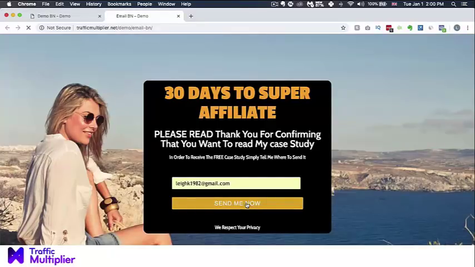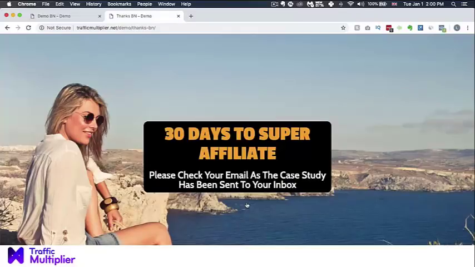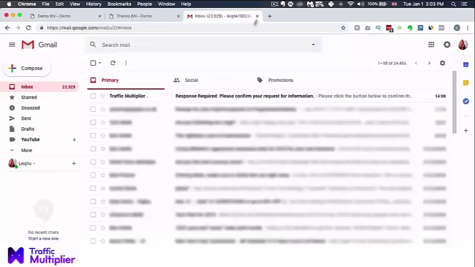Then we're going to click send me now, and what's going to happen now is it automatically sends across to a third page which says please check your email as a case study has been sent directly to your inbox. So now what we're going to do is jump across to our email inbox to see what we've got. Right, so we've jumped across to the inbox, and as you can see we've got an email that